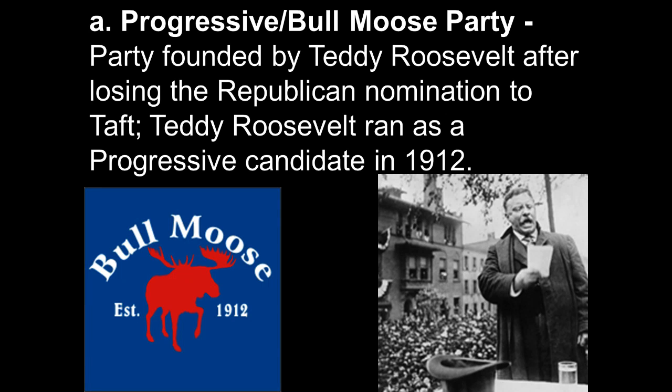Now, here's the problem with that. It's not like the Bull Moose Party was its own set of ideas. It basically split the Republican Party. He took the half that liked Taft and the half that liked Teddy Roosevelt and split them apart from each other. And the way our electoral college system works is you have to get at least 51% of the votes in any given state to win anything. So when you have your party split two ways, getting to 50% plus one extra vote is next to impossible. And you're going to see the breakdown in just a minute of what that looks like at the electoral college level.